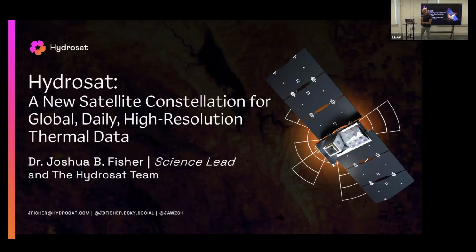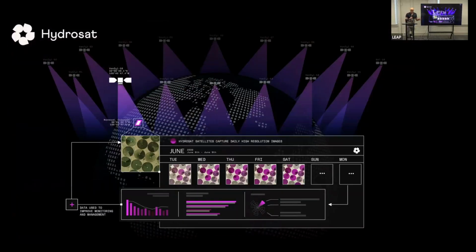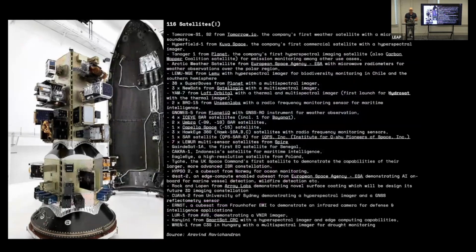And of course, hindsight is 2020, and he was absolutely right. So he spun it off as a commercial company, and we've already launched 2 satellites. We're en route to a 16 satellite constellation where we're getting down to 25-meter resolution every day. And so unprecedented data. I was interested in joining Hydrosat because I was like, wait a second, you guys are actually doing technology more advanced than what we're doing at NASA and ESA worldwide. And if I want to be at the most cutting edge science in this field, I got to be where it's at. And it just happened to not be at NASA anymore, although we have NASA origins. But the commercial space industry is absolutely booming, and I did not realize that.